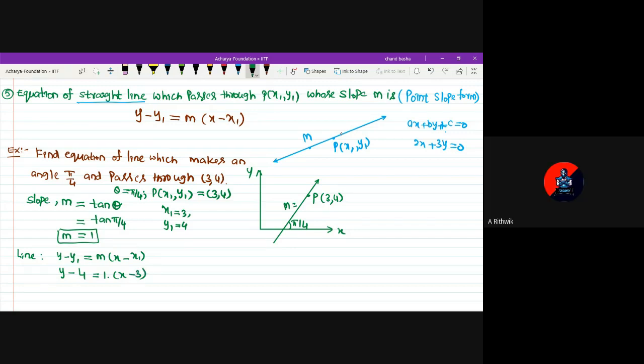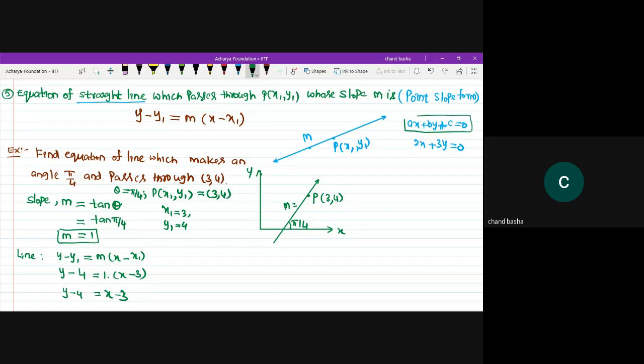Sir, is your pi value 3.14 or are you in the form of radians? What is the tan of 3.14? Can we have any trigonometric value for tan of 3.14? No, sir. So you know the value of tan pi by 4, 45 degrees, I know the value. I never use 3.14 or decimal fractions. Clear? And as I said, always your linear equation in two variables should be in the form